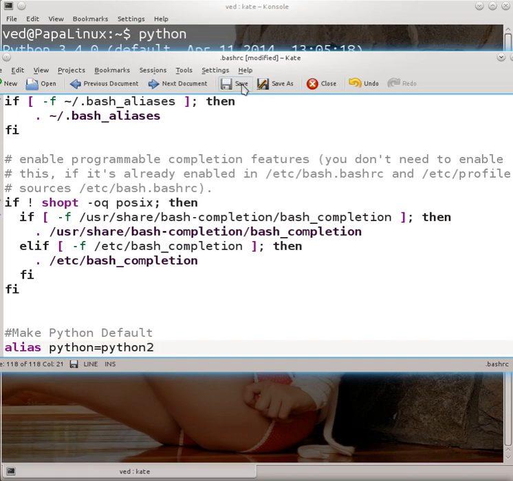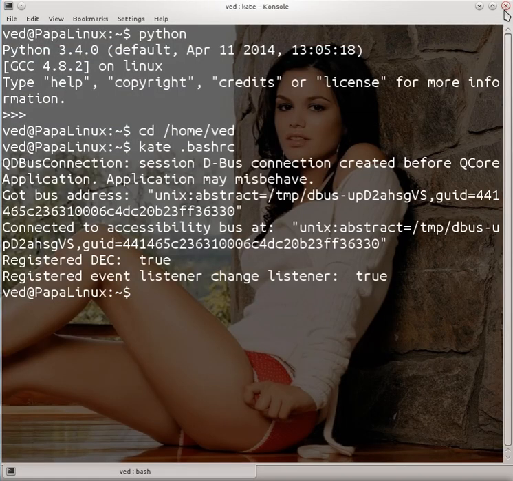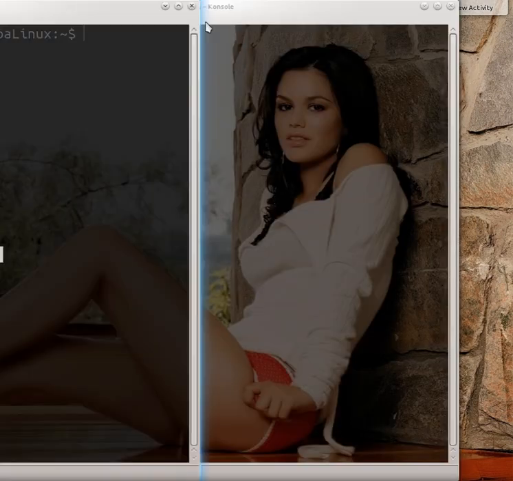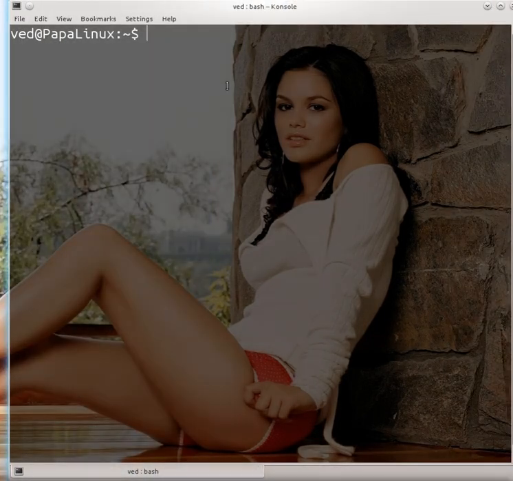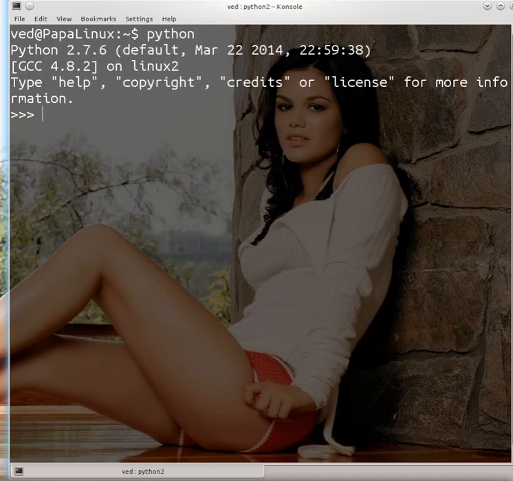Let's save it again, and again start a new session of the terminal. Let's hit python, and bang, as you can see, it is going to load Python 2.7.6.